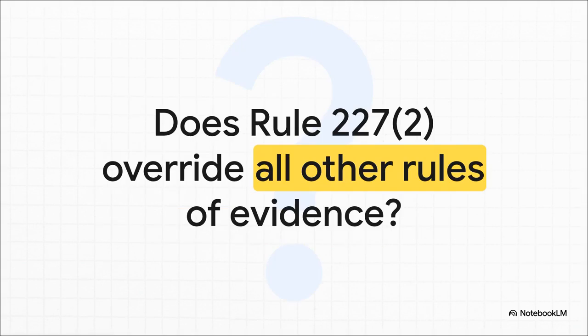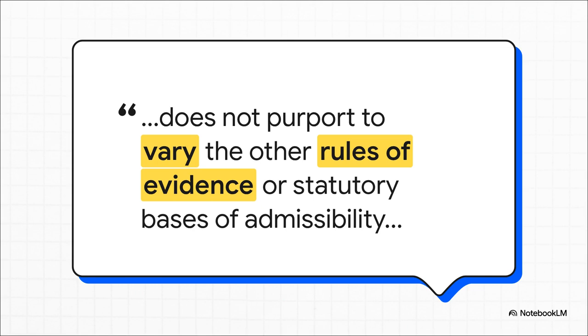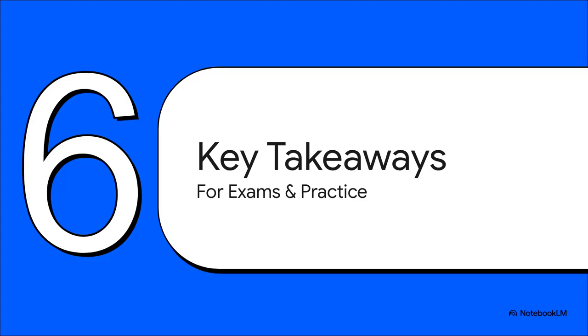But, and here's the trap for young players, the classic exam question: does this mean the document is automatically in? Does this rule just blow away all the other rules of evidence? For instance, what if the document is pure hearsay? Does Rule 227 make it admissible? And the answer, thanks to the Court of Appeal in Equus Corp., is a resounding no. Absolutely not. Rule 227, Sub-Rule 2, only gets you over two hurdles: relevance and authenticity. That's it. The document still has to pass every other test for admissibility. If it's hearsay, it's still hearsay. If it's privileged, it's still privileged. Don't forget that.